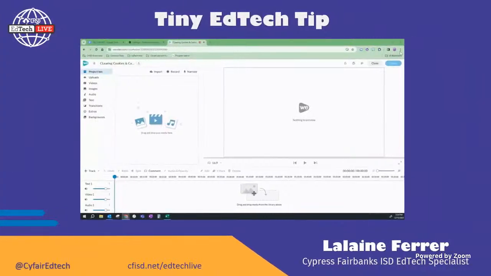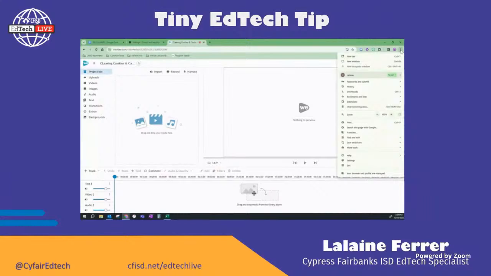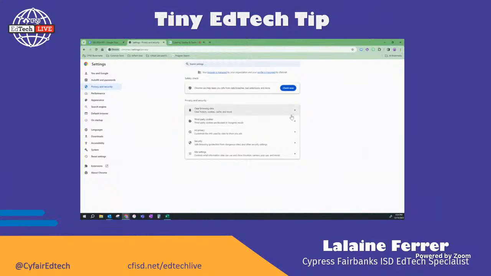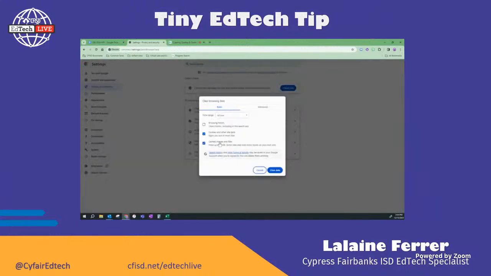Clearing your cookies and cache is easy. All you need to do is click on the 3 dots, scroll down and click on Settings. On the left, you're going to look for privacy and security. Click on that and then clear your browsing data. Once you open it, you can just